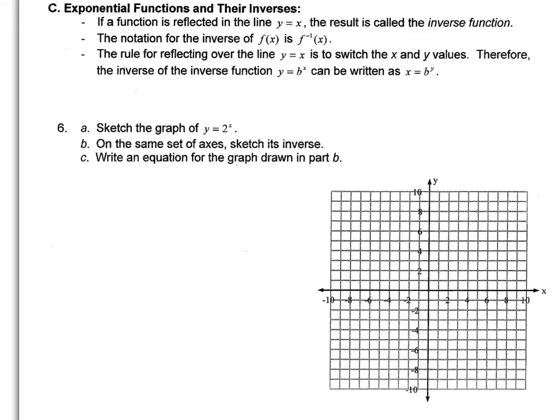Exponential functions and their inverses. If a function is reflected in the line y equals x, the result is called an inverse function. And we already know inverse notation from the last unit, f to the -1. But they're saying that the rule for reflecting over y equals x is to switch the x and y, which is true because when we did inverses, the rule was to switch the x and y and solve for y. But when we're actually going to switch the x and y in an exponential equation,